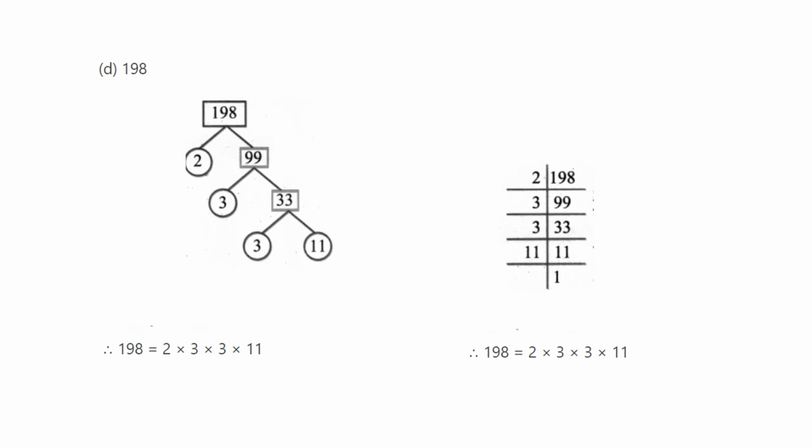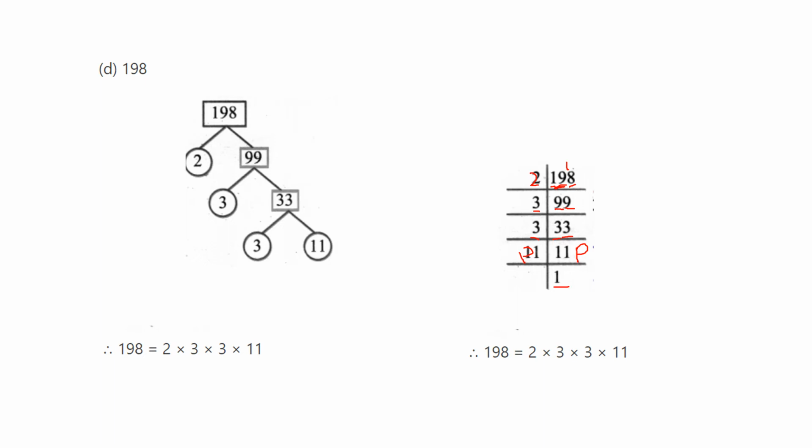198. The last digit is even, so divide with 2. Here 1 is small, so take 2 digits. 19, 2 9s are 18. Remaining 1, 18. 2 9s are again 18. So 99 is an odd number. 9 plus 9 is 18 also, so divide with 3. 3 3s are 9. 3 3s are 9. 33 means 3 divides, so 3 11s are 33. 11 is prime, so divide with a prime also. So 11 ones are 11.